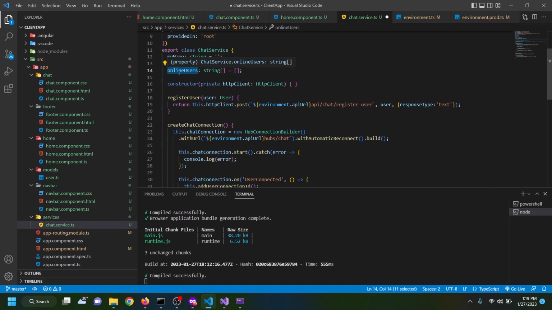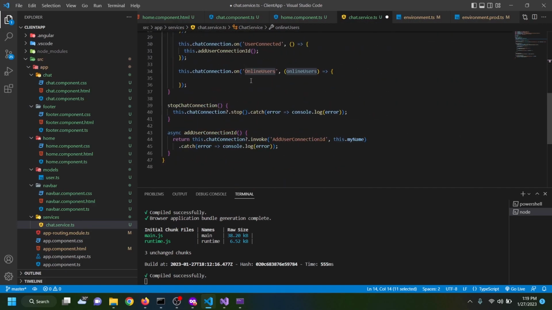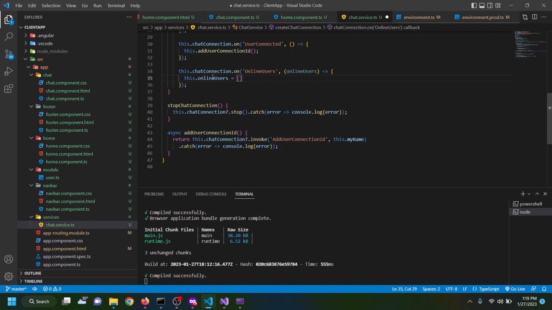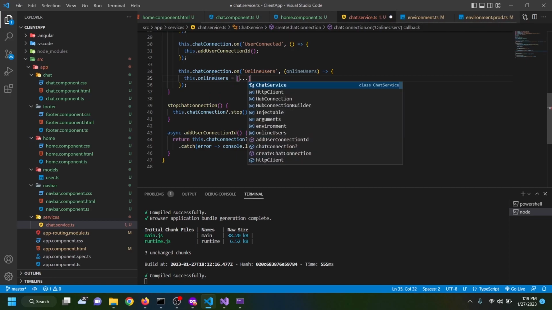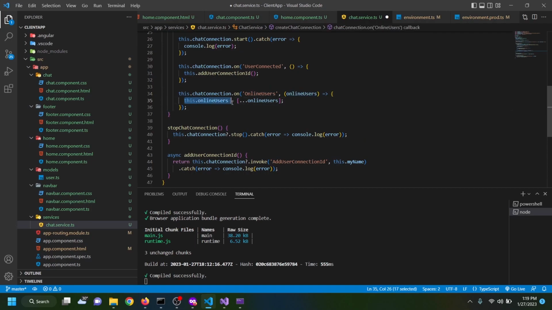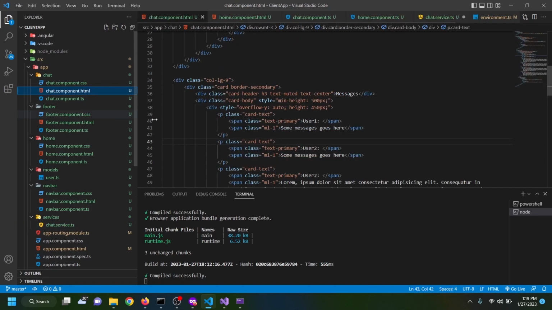Then I copy this, and inside here I'm going to have this dot online users equals, then I make a spread operator online users. So basically I'm substituting any values that are already inside online users with whatever I'm receiving. Then I have my online users populated at this stage. So I head back to my chat.component,